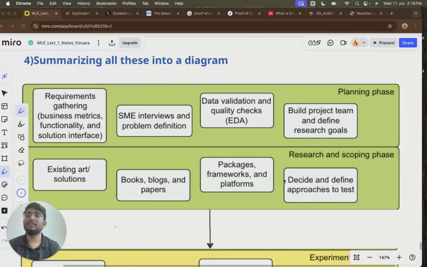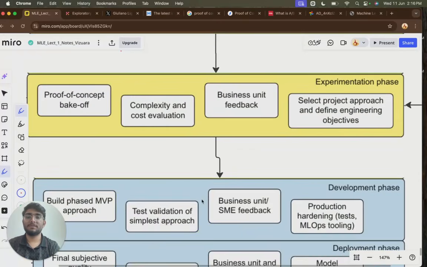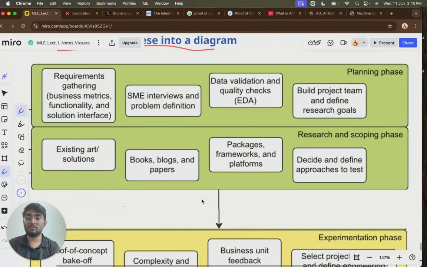Now, we are in the last part of the lecture. Let's summarize what we have learned till now with the help of a flowchart. Don't get overwhelmed by seeing this big figure. We'll go through it phase-wise and try to understand it in a simpler form.